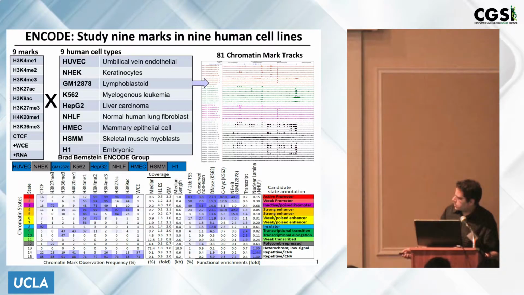So again, we can go across the genome, annotate locations as instances of certain states, compute enrichments for other types of information, and then start giving interpretations of these states: an active promoter, a weak or a poised promoter, strong or weak or poised enhancers, insulator regions, transcribed, weakly transcribed, polycomb repressed, heterochromatic, and repetitive